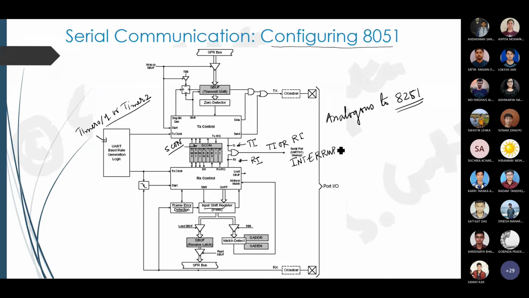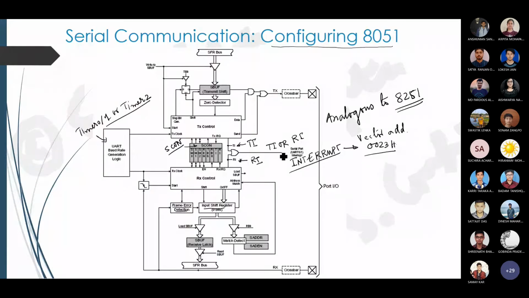And the vector address corresponding to that is 0023 hex vector address. Okay, this is internal. We do not have access externally. So whenever there is a received data or the microcontroller is sending data, this interrupt can be generated. So whenever there is a reception, say for example, it will interrupt the microcontroller and the microcontroller will read